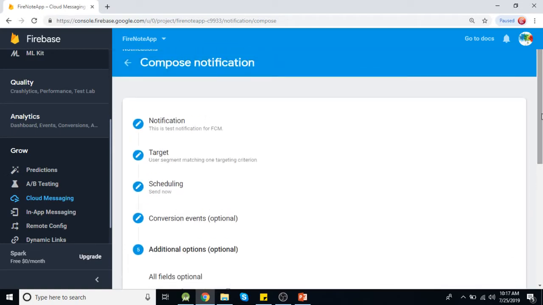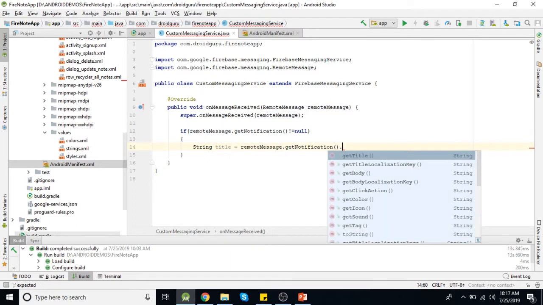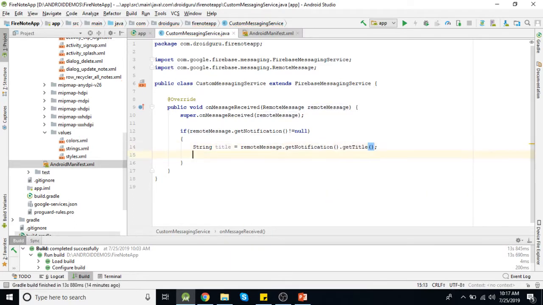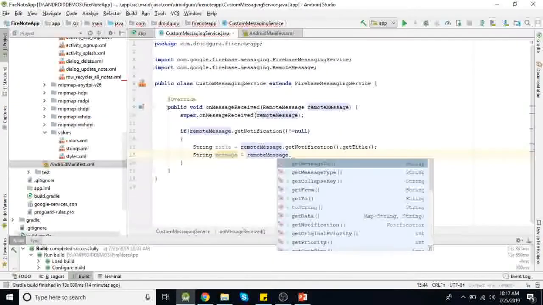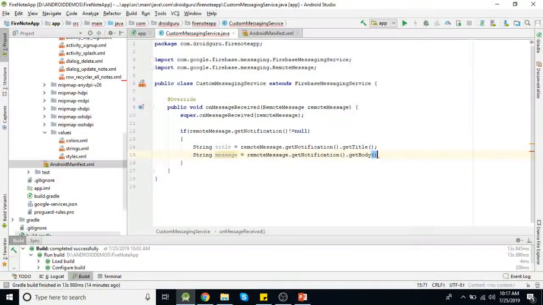Now if you check here, we added two fields, that is the notification title and notification body. So these two fields we need to retrieve here. We already checked validation that our notification is not null. Then String title equals remoteMessage.getNotification().getTitle(), and String message equals remoteMessage.getNotification().getBody().